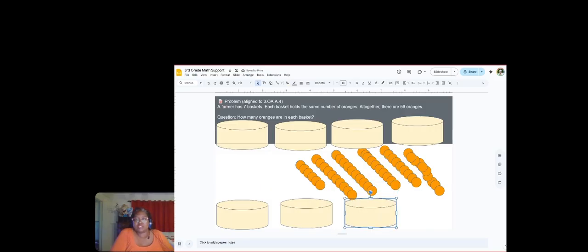Now I told us that we will have the same number of oranges in each basket. Now we can then just move them one at a time, because right now we don't know how many are supposed to be in this basket, but we can figure this out. So let's see what we can do. So if we do one at a time,